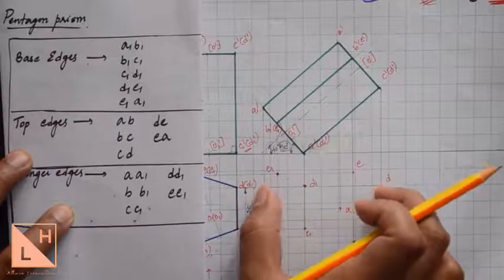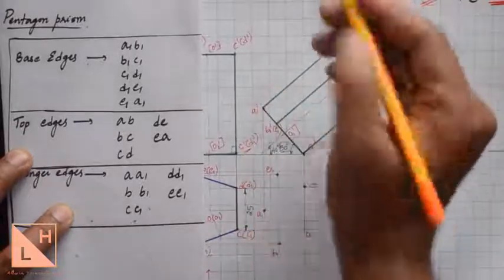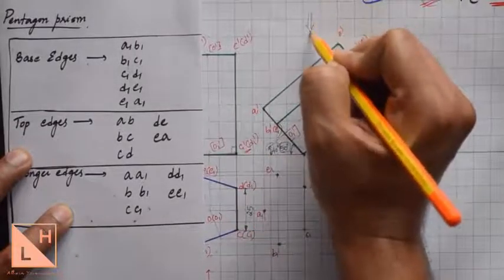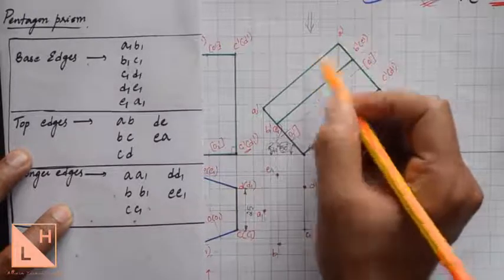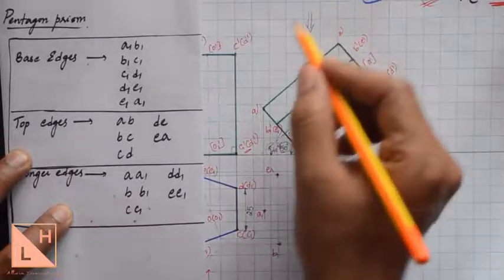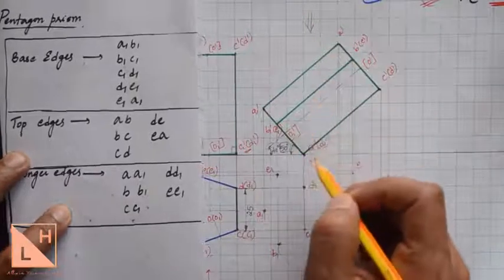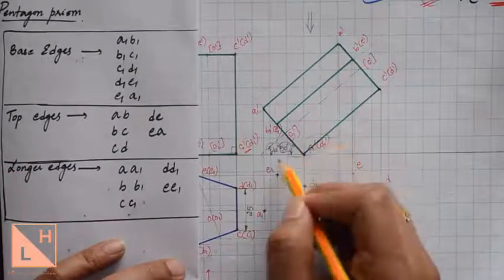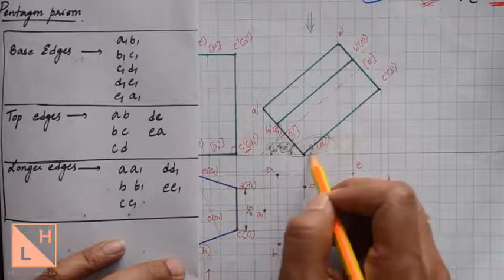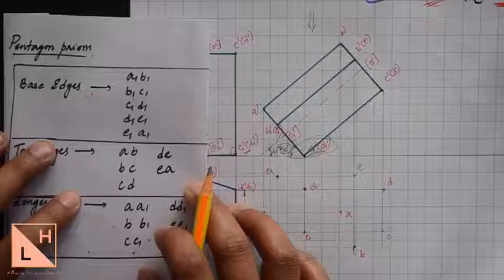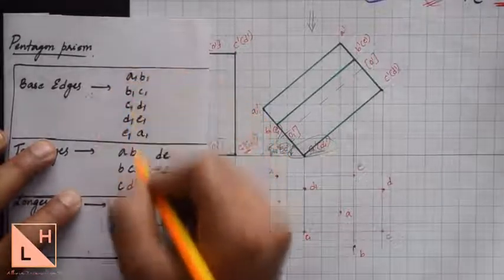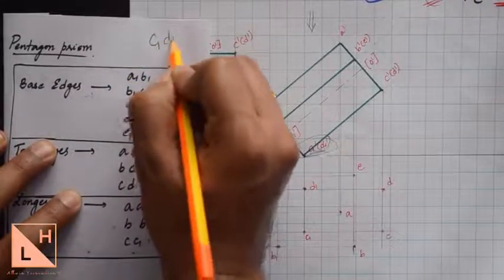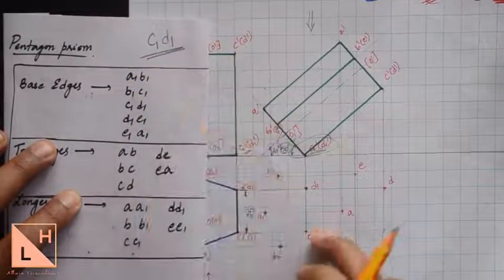For the second position top view, you need to look at the front view from top to bottom direction. And when you look at this from top to bottom direction, identify the farthest point in this. And in every problem it is going to be the same. The one that is touching the XY line will be the one that is farthest. So in this case it is C1 dash D1 dash. So we need to identify the edges which contain the points C1 and D1 for the second position top view.